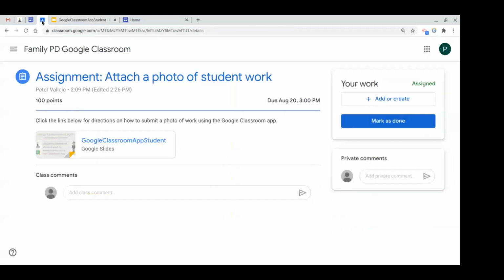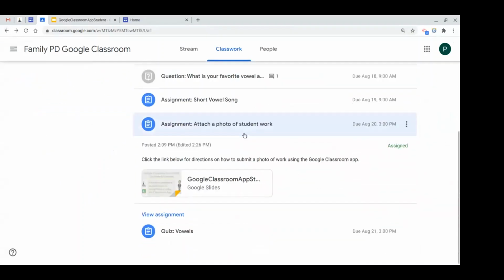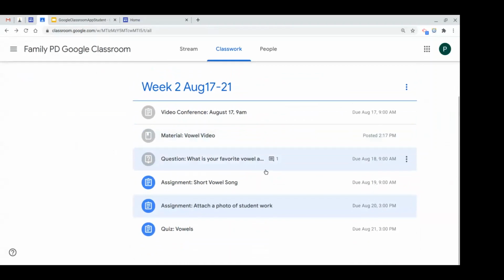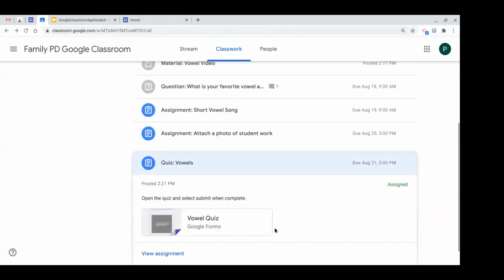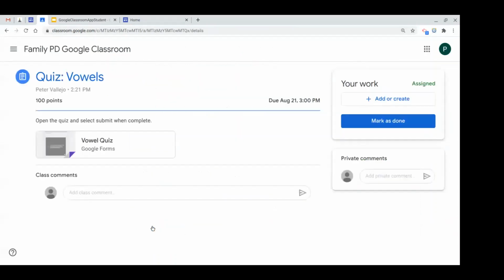So I'll go back to Classroom. And the final type of assignment that I'm modeling here, and again, there's all kinds of variations that can happen depending on the teacher, I have a quiz type of assignment. So if I click on quiz vowels, again, it will expand out. I'm going to go to view assignment. In this case, there's a quiz here. So there's a link that says vowel quiz that says Google Forms. As a student, I would click this link,